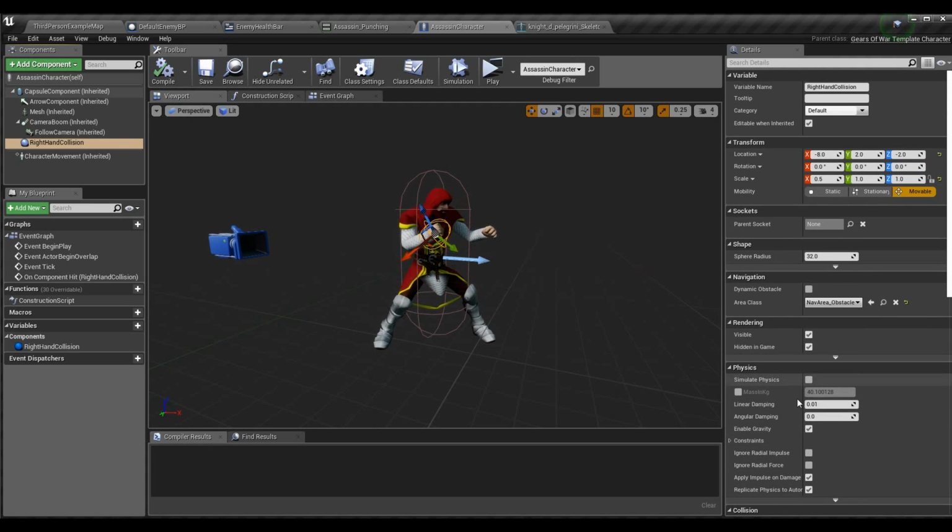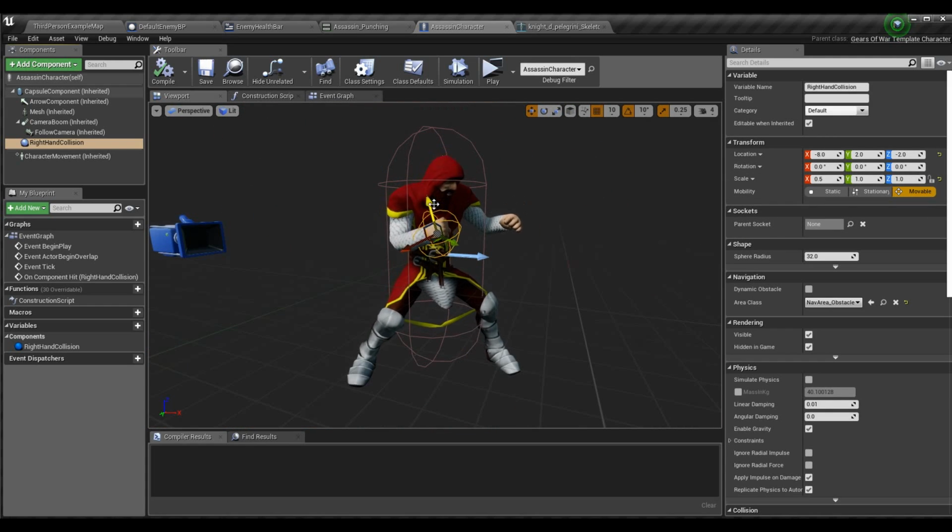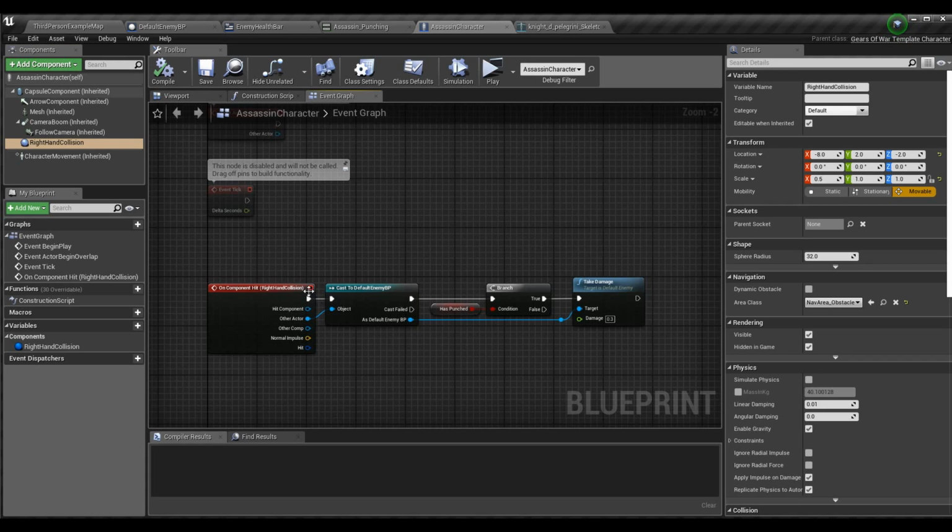You don't have to simulate physics for this guy. Then you can choose the size and relocate it. For me, it was like in the center of his body, which of course is not going to work. You still have to put it on the right spot. But you can see it's following his right hand. The way we do that, once you've set it up and put it in a default position that you want to use, go to your event graph,